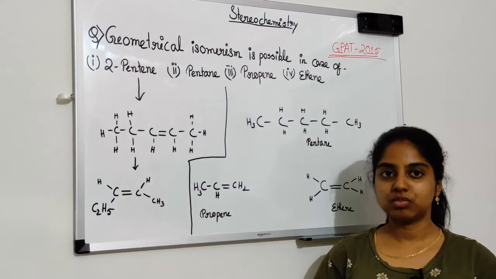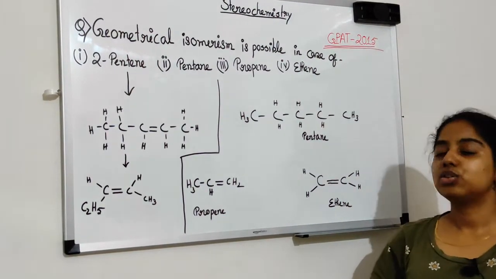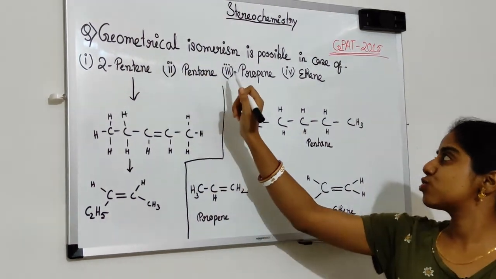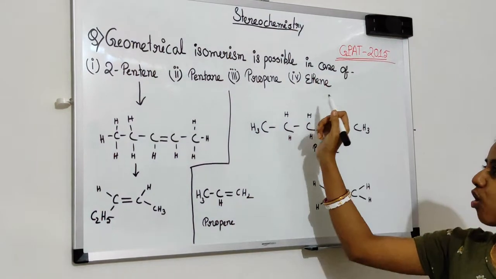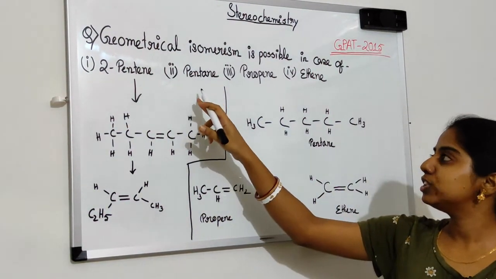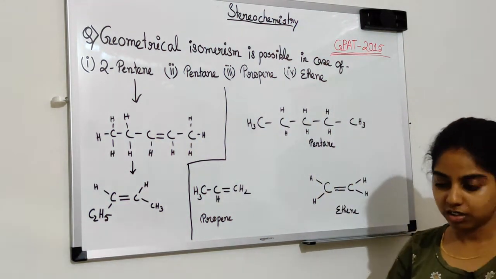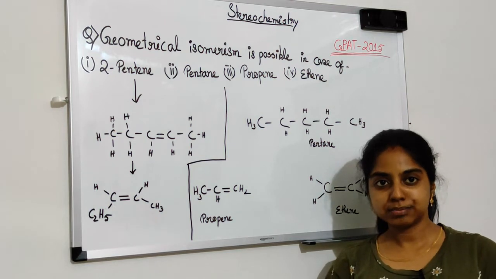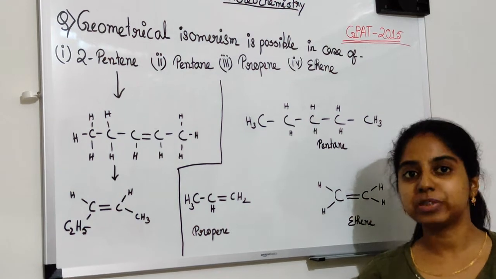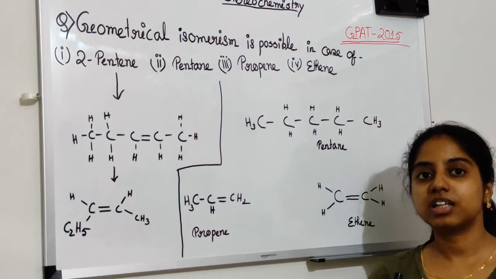Here is one question which came in GPAT 2015. So let's see the question. Which geometrical isomerism is possible in case of option 1, 2-pentene, option 2, pentane, option 3, propene, and the 4th, ethene? For geometrical isomerism, there are two features which are needed. One is that there should be a double bond present in the structure, and two,